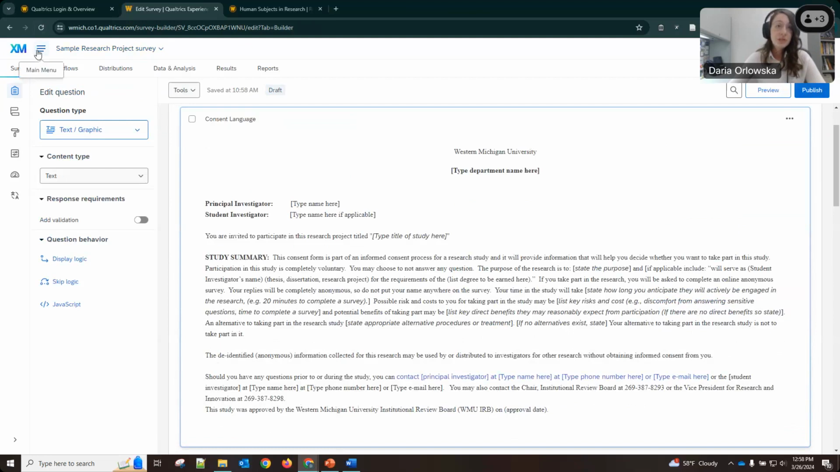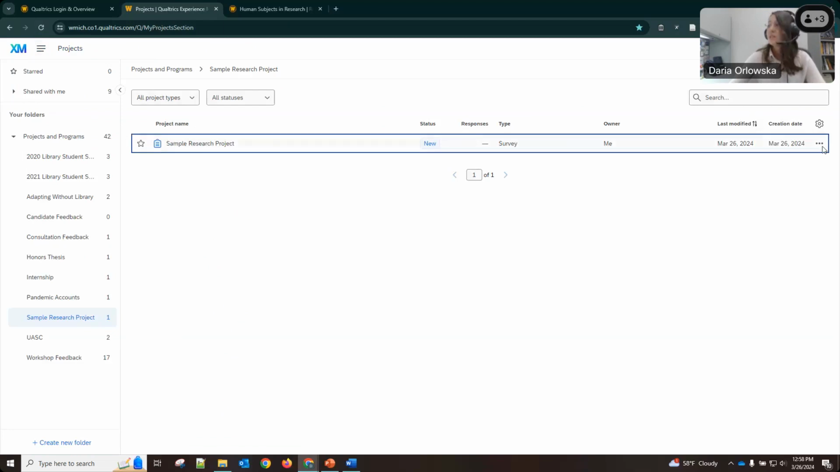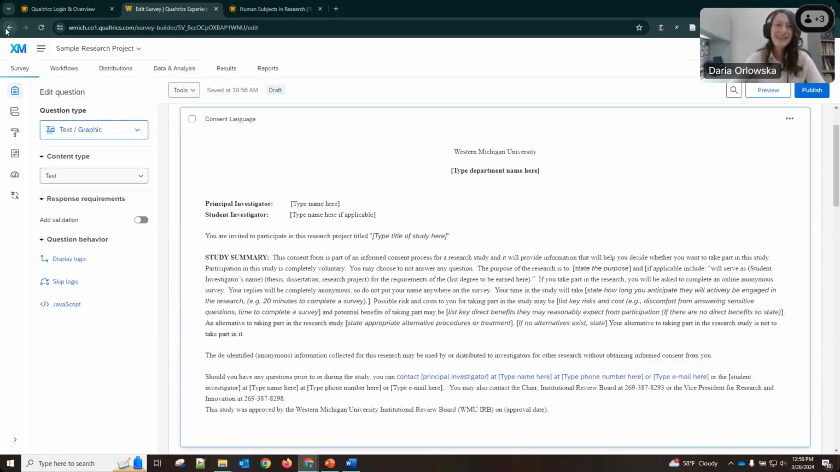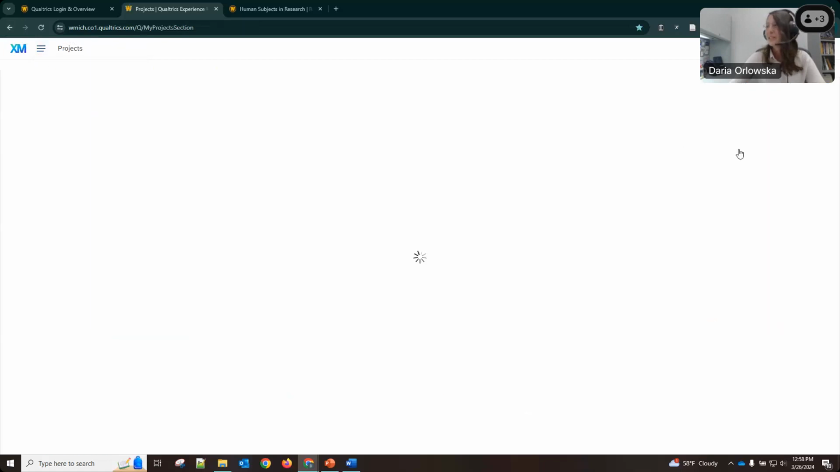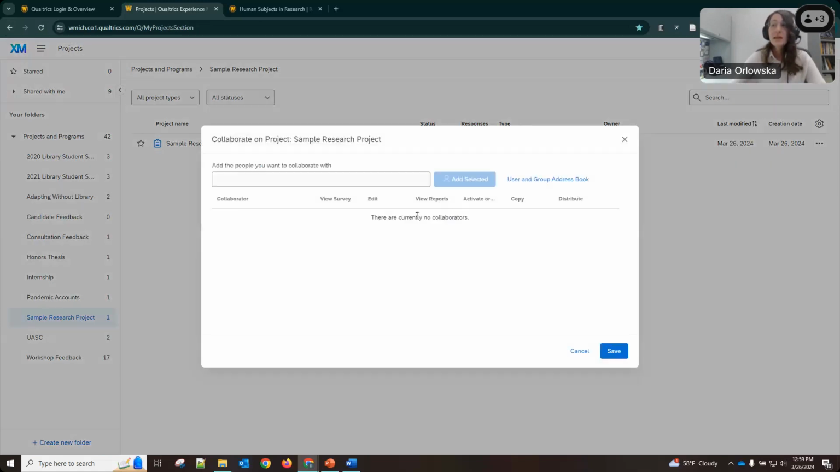There is also another way to do this. If you go into projects, you can go to these 3 dots at the right of your project and click rename project, and so I can rename it back. Oops, I clicked into it, and so it's a little finicky about where you're clicking. So going back to projects, if I click on these 3 dots, I can choose collaborate,